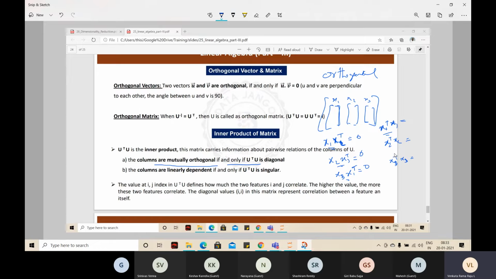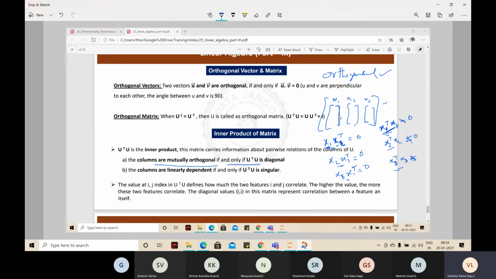What is the value of x1 transpose x1, x2 transpose x2, x3 transpose x3? 0 or non-zero? For a diagonal matrix, this is definitely not going to be 0. There is some number, right? Multiplication of the vector with itself is not going to be 0. Multiplication of the vector with other vectors in the matrix is going to be 0 because we are saying it's